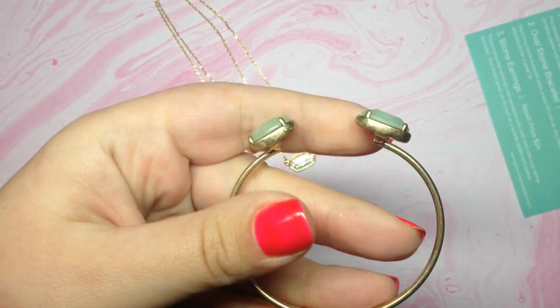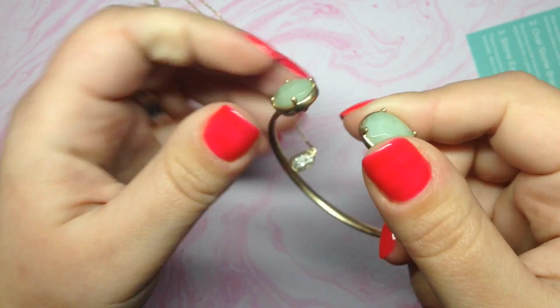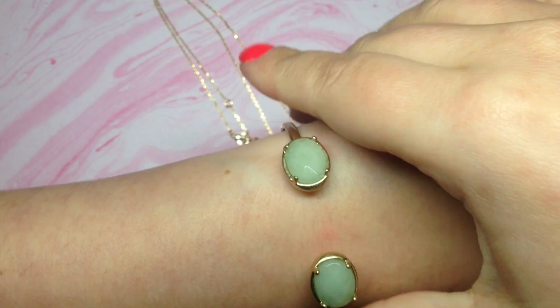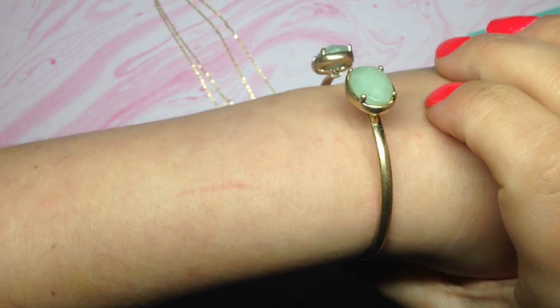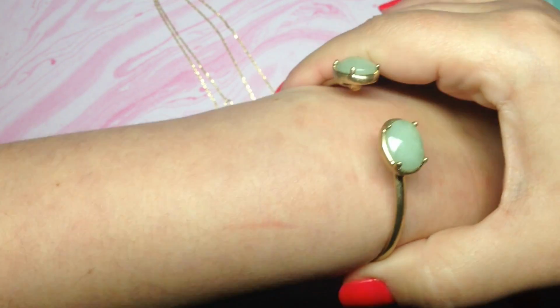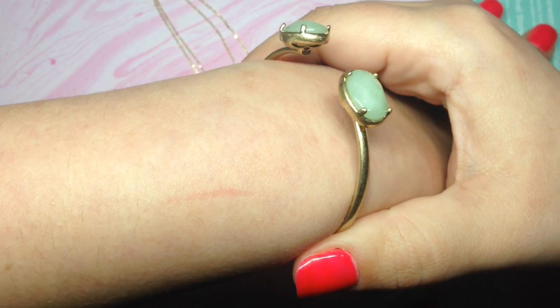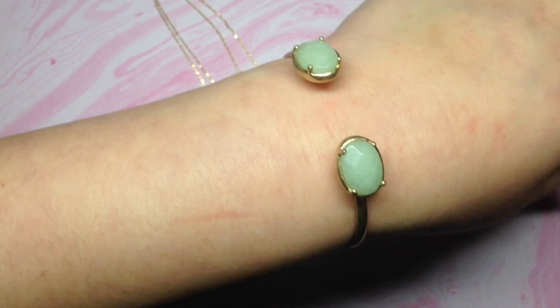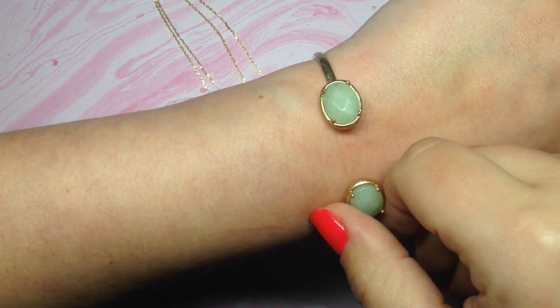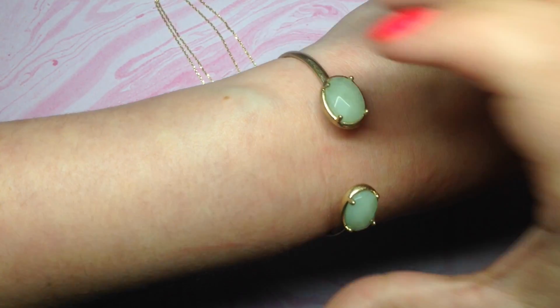So here it is. It looks like it's one of those that you could kind of bend it a little bit if you need to, to get it to fit your wrist. So that is gorgeous. So my wrist is about 6.5 inches, just putting a measuring tape right against my skin. So this looks to be about 7 inches, but you could definitely bend it a little bit if you have a larger wrist, or you could make it smaller if you needed to tighten it up a